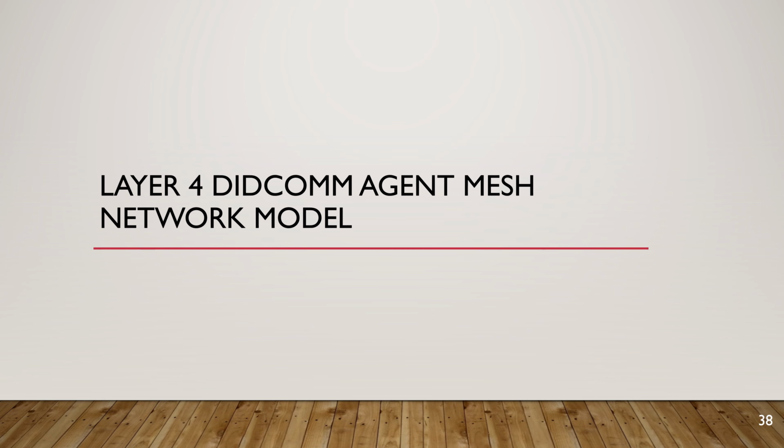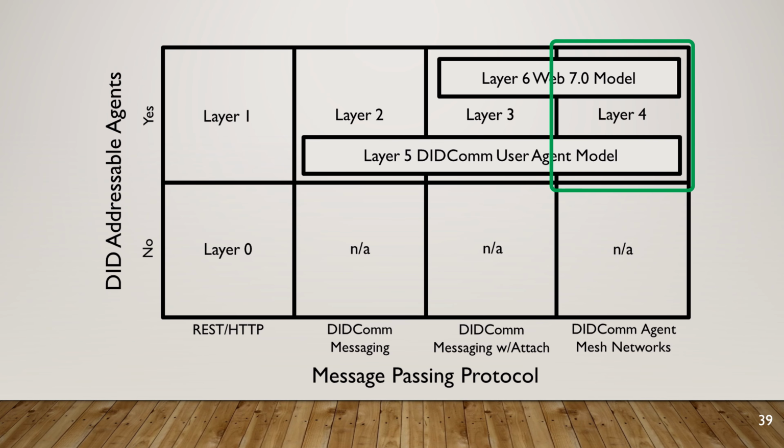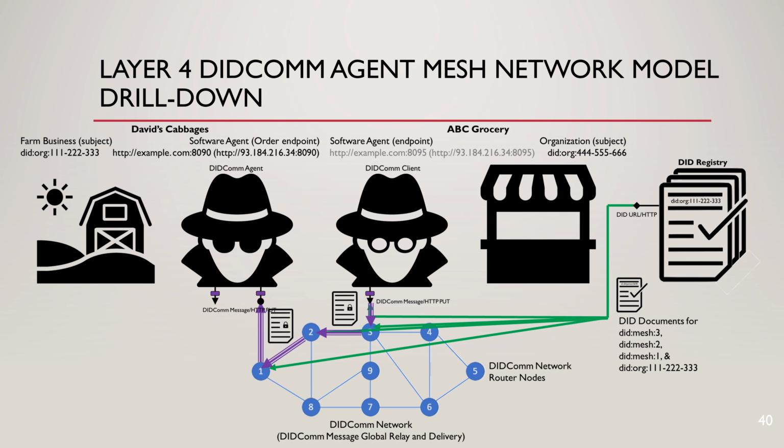Layer 4, we're getting closer to the end here. Layer 4 builds on the four foundational or core layers that we've just talked about to support a DIDComm agent mesh network model. We can see that illustrated here. So instead of just doing point-to-point communication between the client or agent on the right and the agent on the left, as we've seen in the previous layers, we have the ability